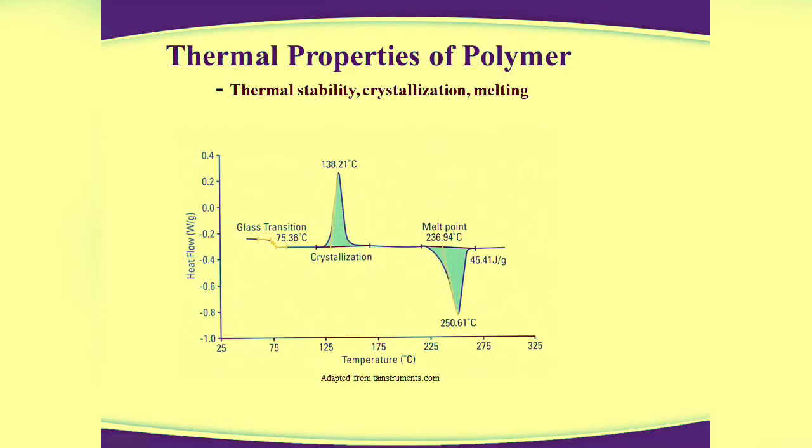Thermal properties are very important because thermal behavior of polymer provides the temperature limit in which it can be safely used. It also helps to determine their processing condition. Polymer typically shows three transition points. First one is glass transition temperature, which is also known as Tg. This is a temperature at which the polymer transitions from a brittle glass-like material to rubbery material, which can be stretched or bent. Why is it so?